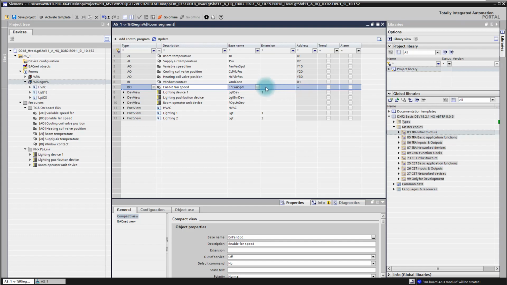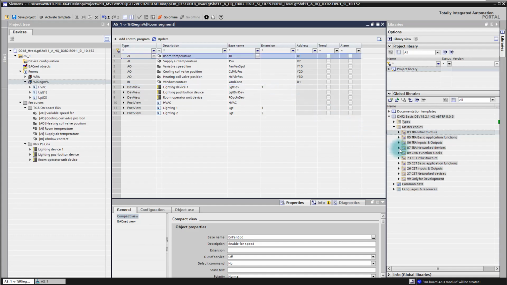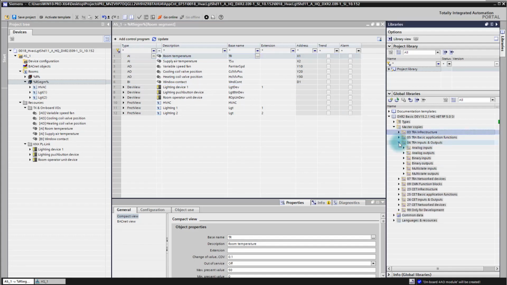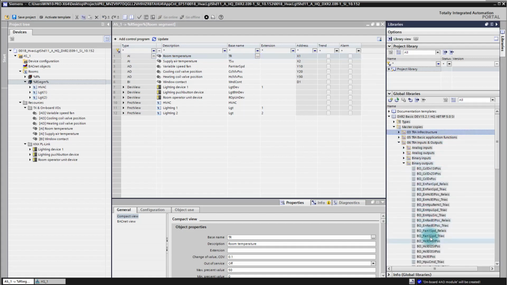This is pretty simple. We just delete now here the existing output, which was a relay output, and we will look for the triac output here to be replaced. So we have here the inputs outputs, we have here the binary outputs, and we have here the fan enable. Where is it? Enable fan speed triac here. That's the one we need for our application, and simply by drag and dropping it into our application functions in